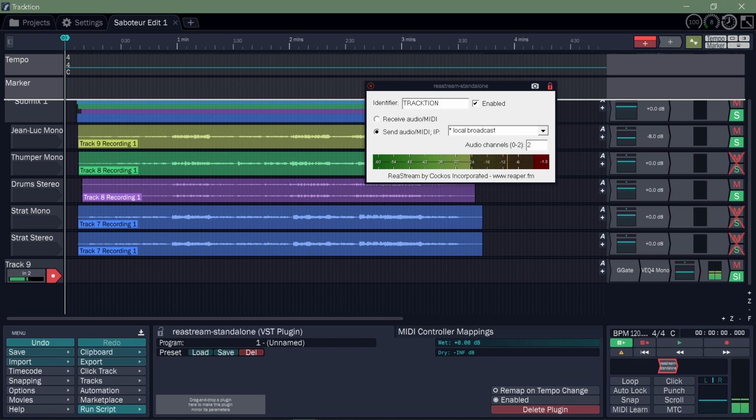This actually turns the audio from Tracktion into a broadcast, and it broadcasts it to some placeholder on your sound card, and then you go into OBS and you have another identical copy of this VST, this Restream,